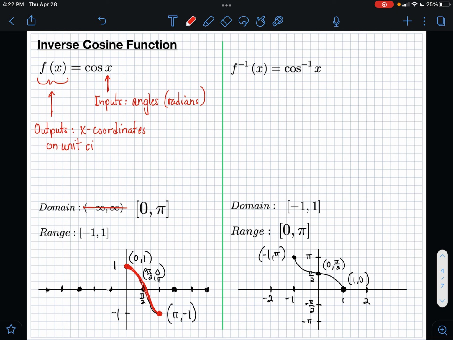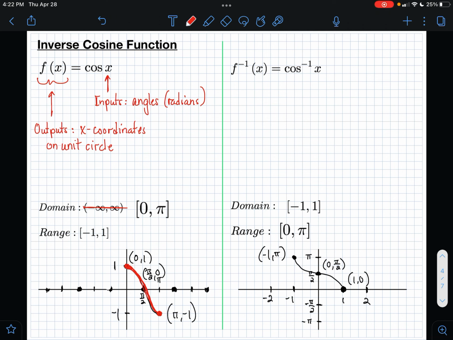Now, that is something that is a little bit odd because the output value we're used to calling a y, and with sine that makes perfect sense because sine gives you the y coordinates. But here, the output value of a cosine function is an x coordinate,